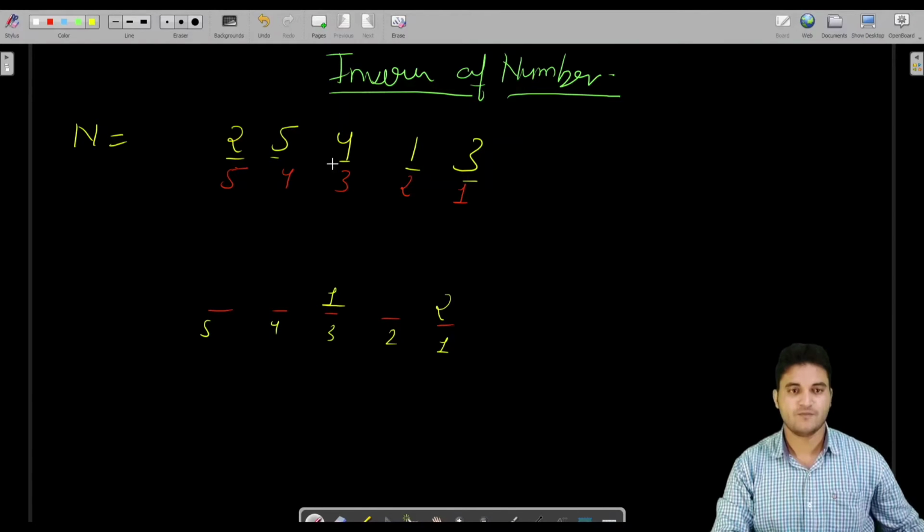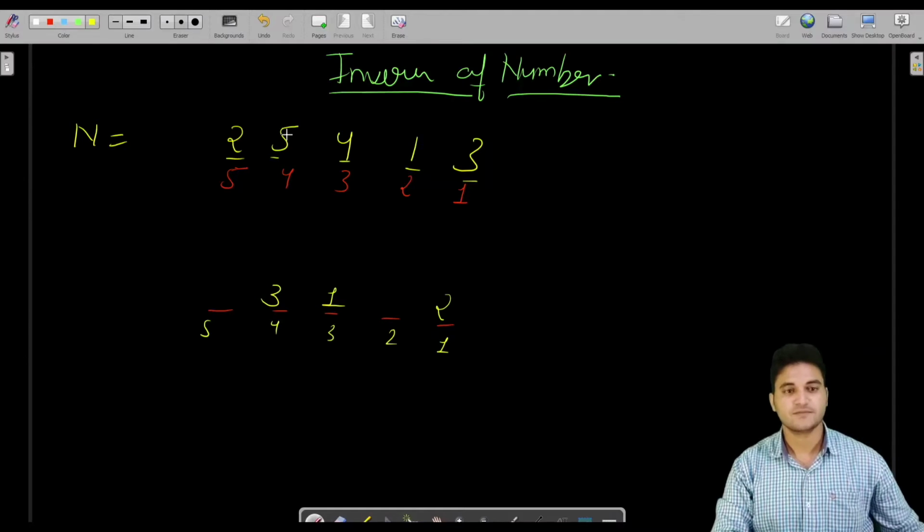If 1 is on second position, then on first position we would be having 2. Look at this, we have 4 on third position, so on the fourth position we would be having 3. Here we have 3 on first position, so 1 on third position; 1 on second position, so 2 on first position. We have 4 on third position, so we would be having 3 on fourth position.